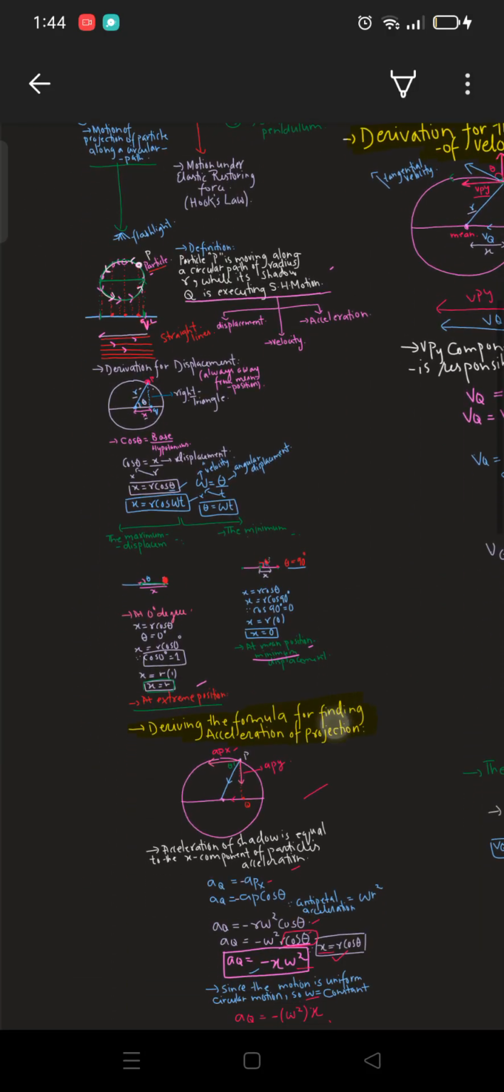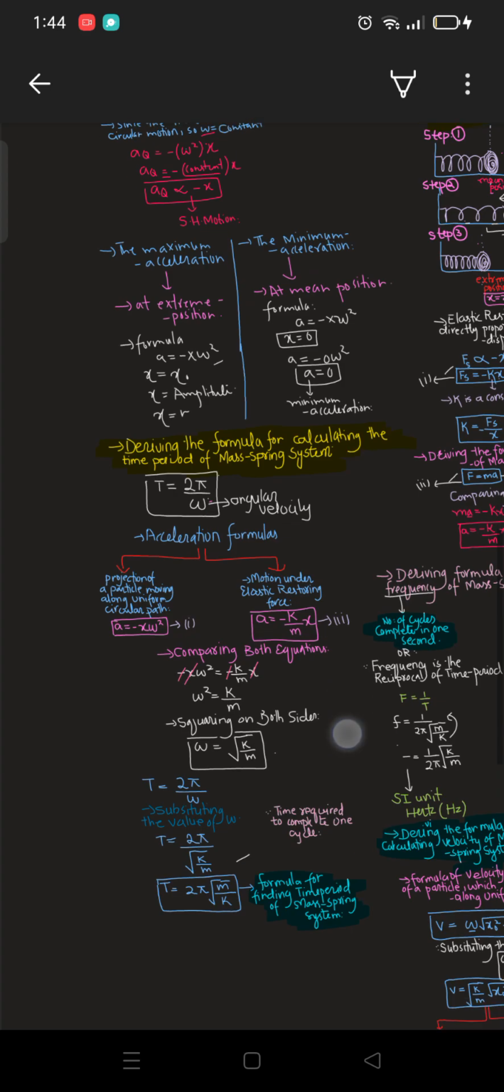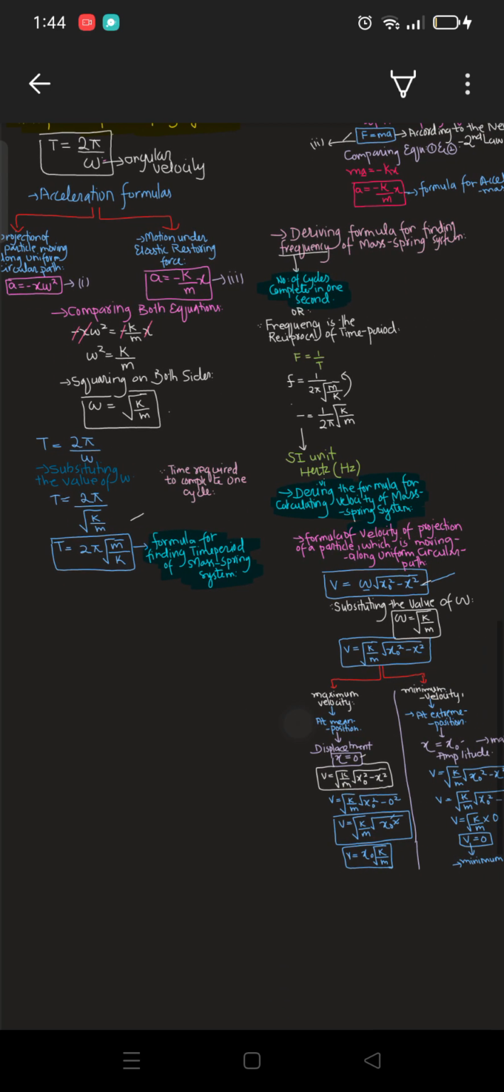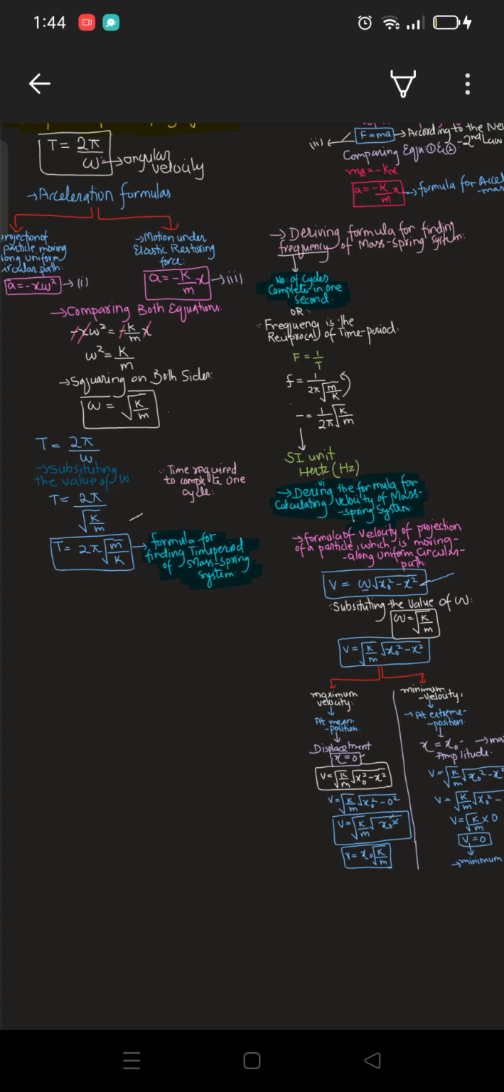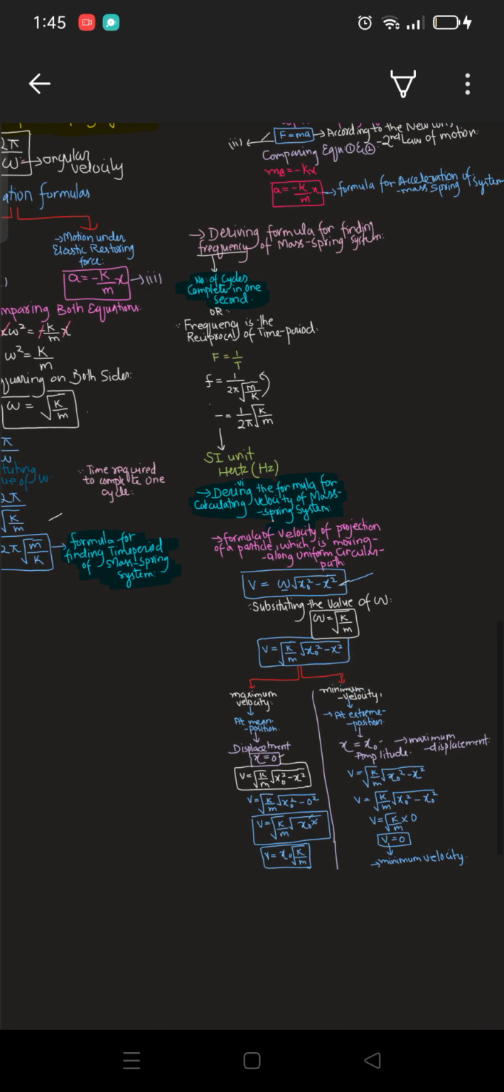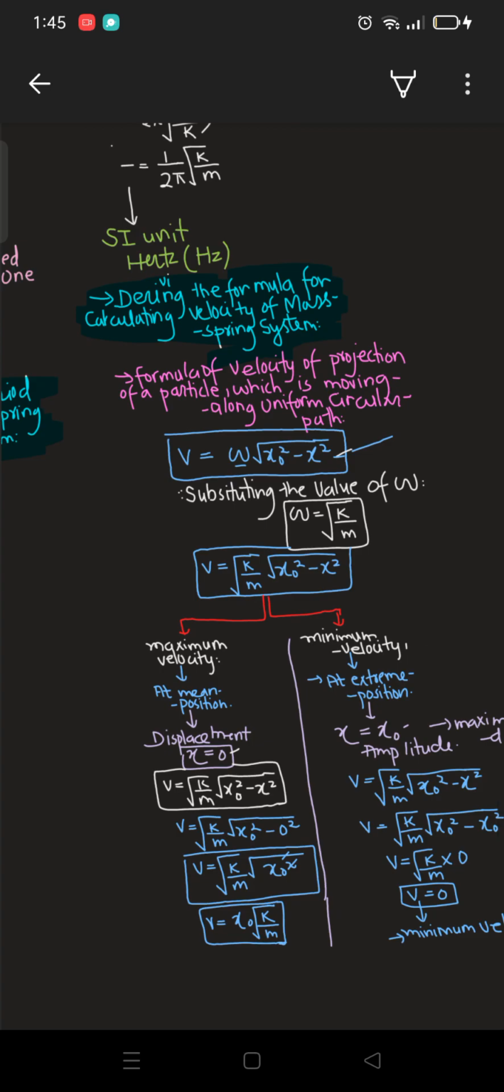Okay, so as in the last video, we have discussed the maximum velocity and the minimum velocity of the motion in the elastic restoring force, or you can say Hooke's law or mass spring system, right? And before that, we derived the formula for calculating the velocity of the mass spring system, which came out to be omega under root x naught square minus x square. This was the general formula, right, which we got in the motion of a projection of a particle along uniform circular motion. With the help of this formula, we derived the formula of velocity of the mass spring system